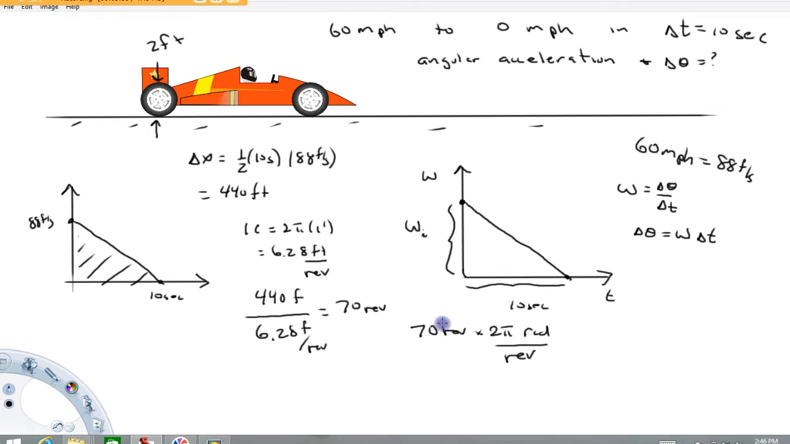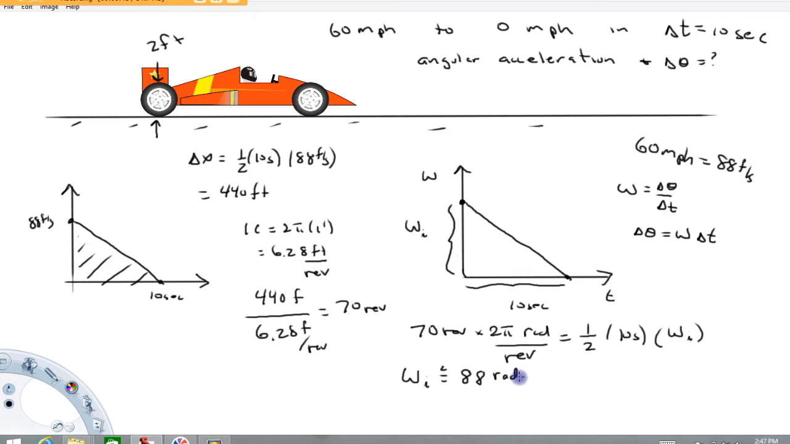Now this is going to give me my change in theta in radians, which is going to equal the area bound within this curve, which is going to be 1/2 times 10 seconds times what I'm going to call the omega initial, or the initial angular velocity in radian per second. And this equation can be solved for the initial angular velocity. So let's see what I get out of that. I get about 87.92. Let's just call that 88. We'll say approximately 88